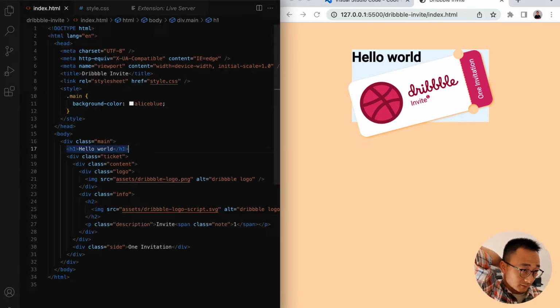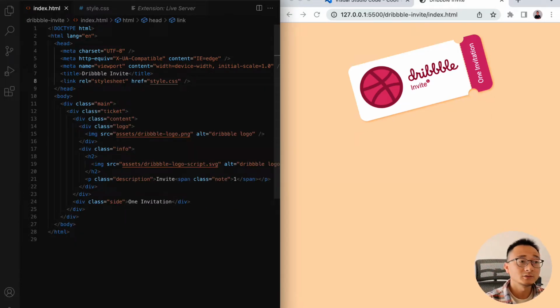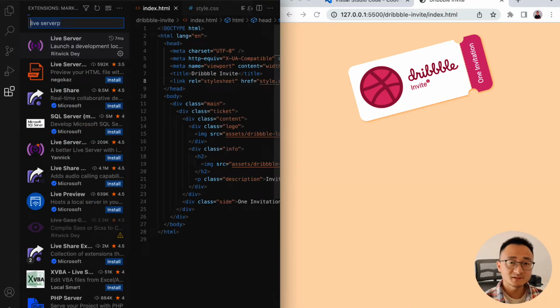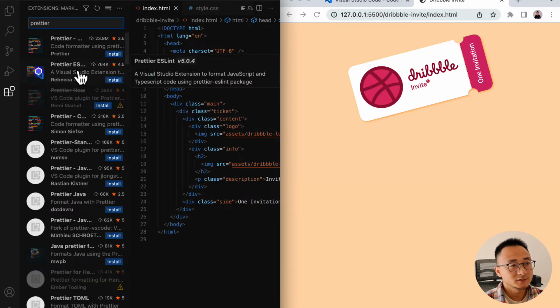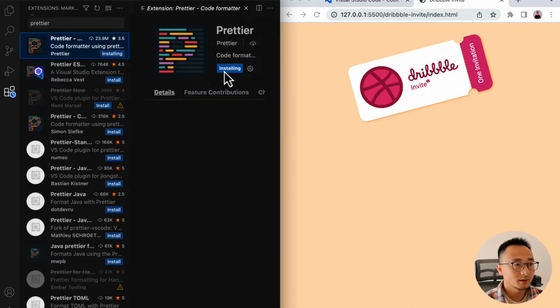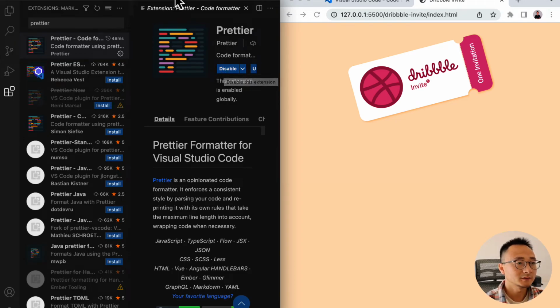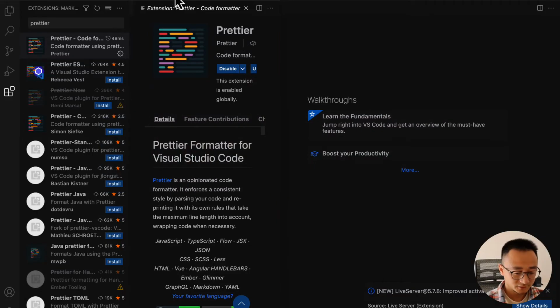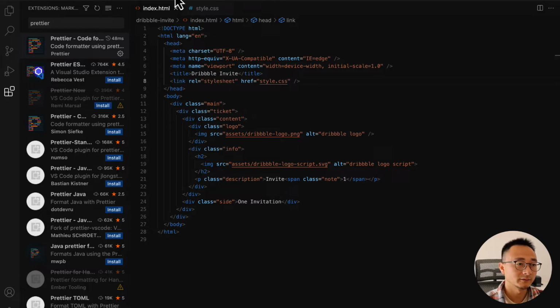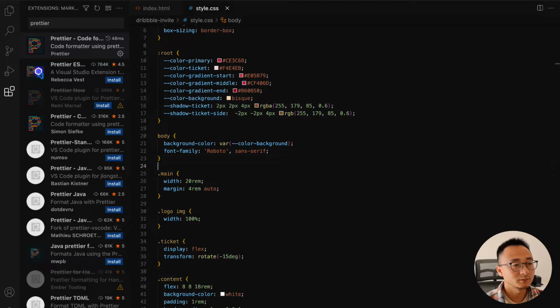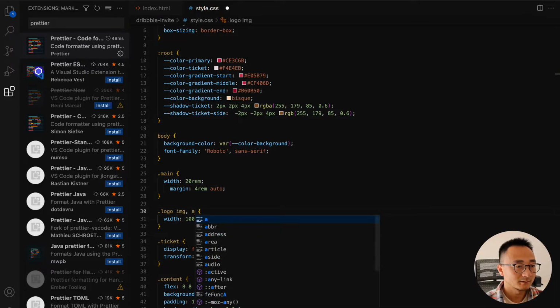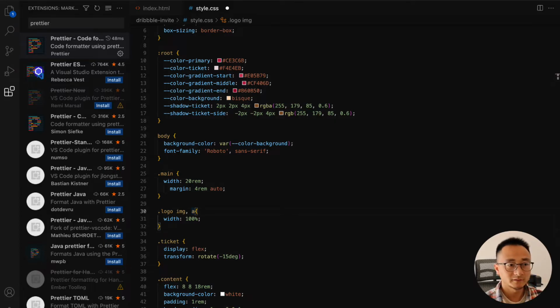Another one I use quite often is Prettier. It's actually not mandatory, but it's good to have. You can install it just like all the other extensions by clicking it, and yeah, you have it. The way you use it is, if you messed up the format, or if you add some strange paddings, or people do different things without intention, you can fix it. So like if you copied some CSS from Stack Overflow, let's say, and you want to format it automatically, obviously